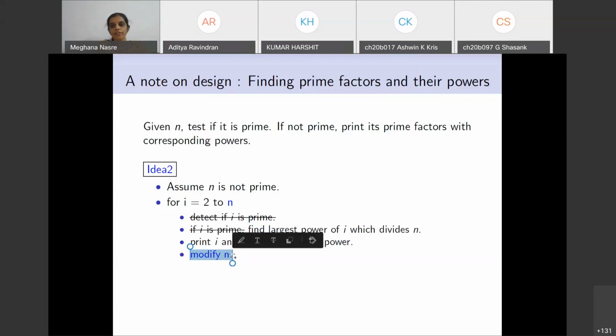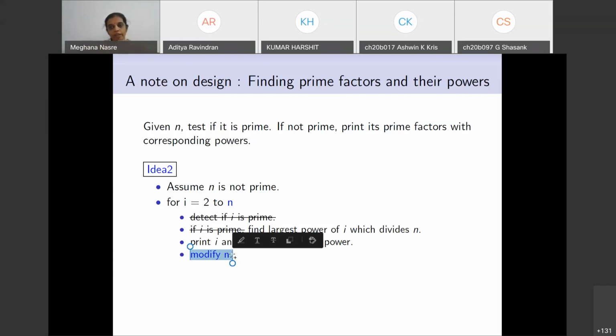Very good. So if you modify n such that all the powers of I that are there are removed, that is n equals n div I to the power k that you have found, then you are safe, because then 4 is not going to divide it. The number you obtain will be 100 divided by 4, which is 25, after which 2 or 4 cannot divide it.